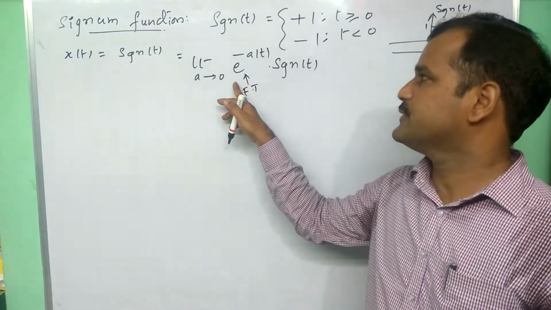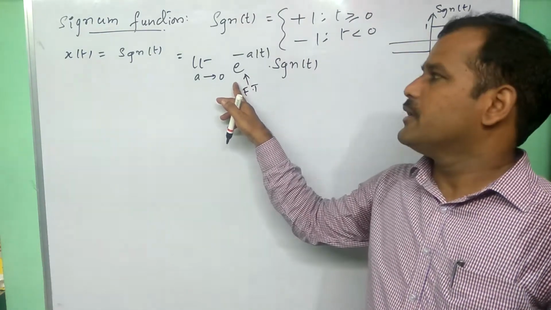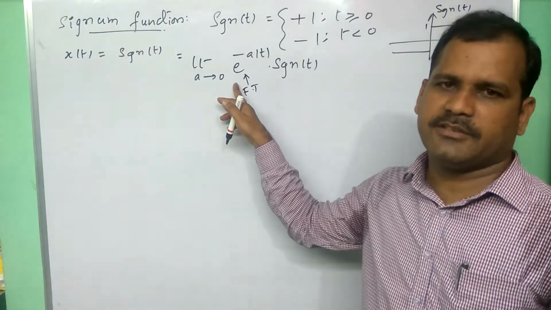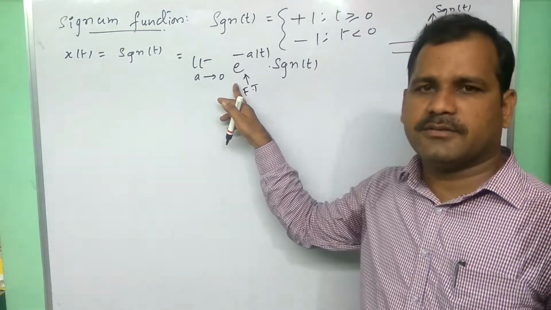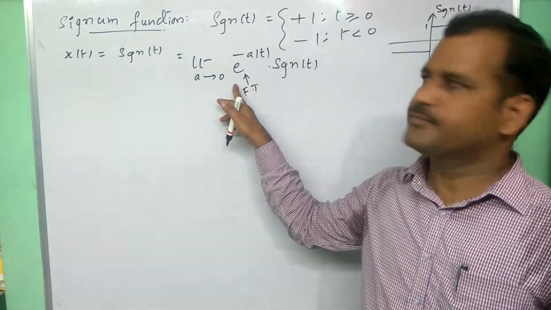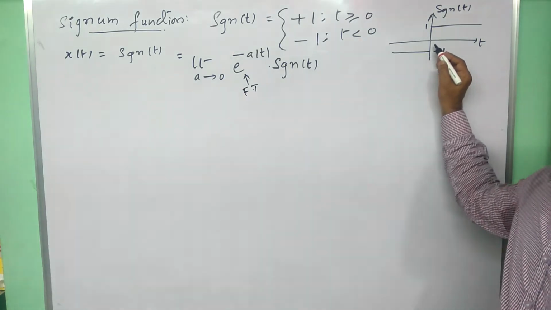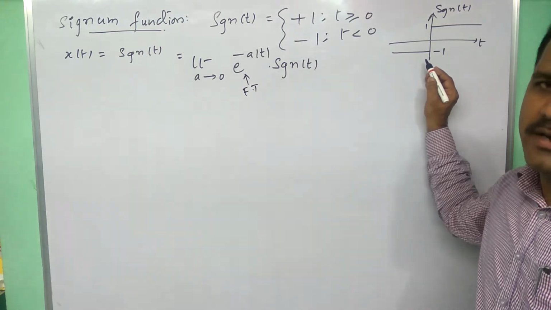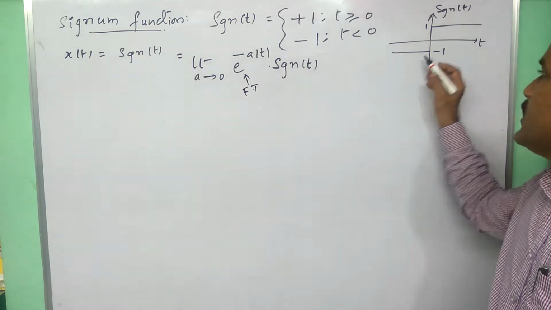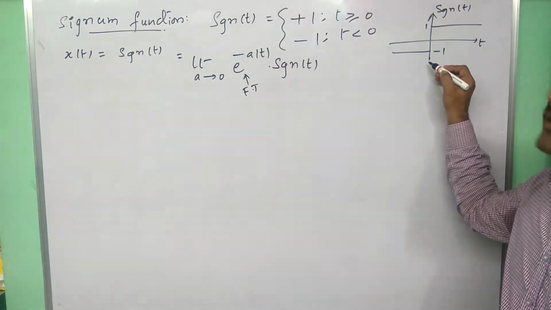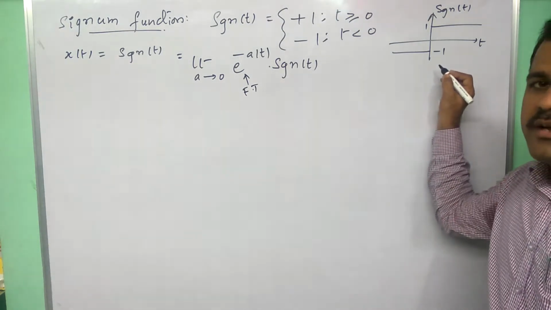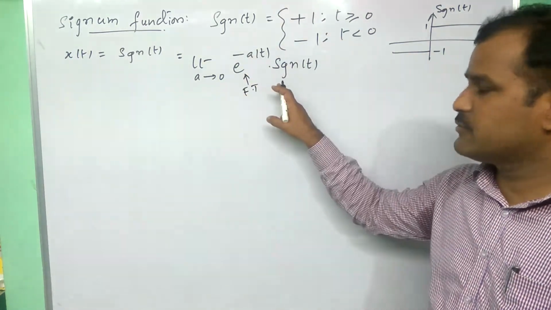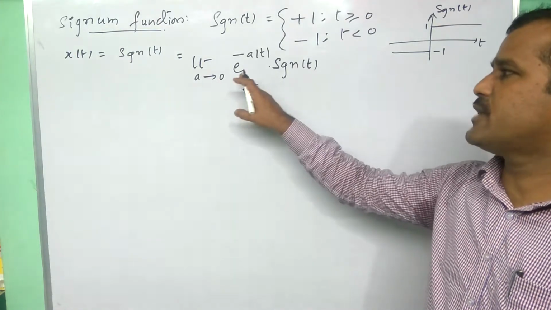This is a common question. In the Dirichlet conditions video, we discussed the first condition: any signal should be absolutely integrable. But that condition is sufficient but not necessary. If you observe, this signal is not absolutely integrable, so it fails the Dirichlet first condition. But since the condition is sufficient but not necessary, this is still Fourier transformable. Since it is not satisfying the first condition, we have to do some modification so that it is Fourier transformable. For that purpose only we are multiplying like this.